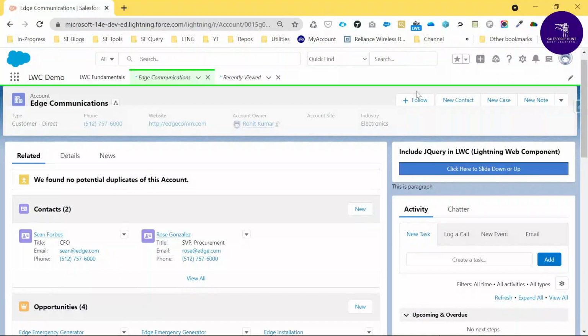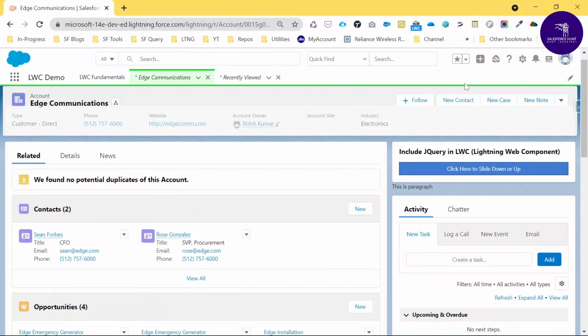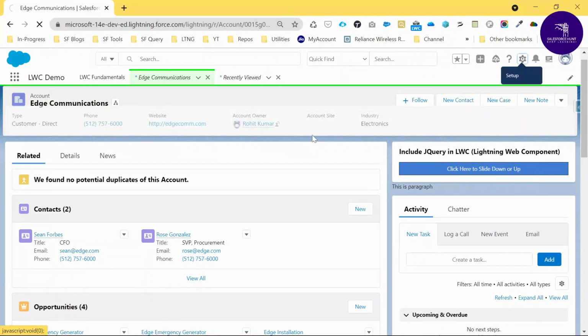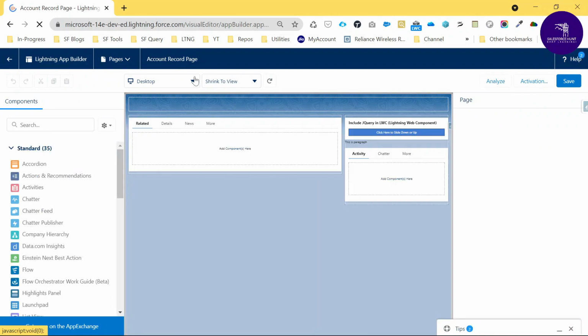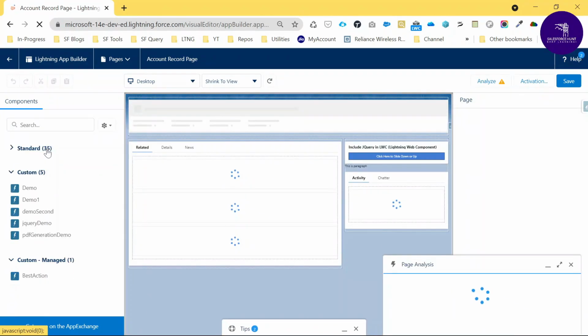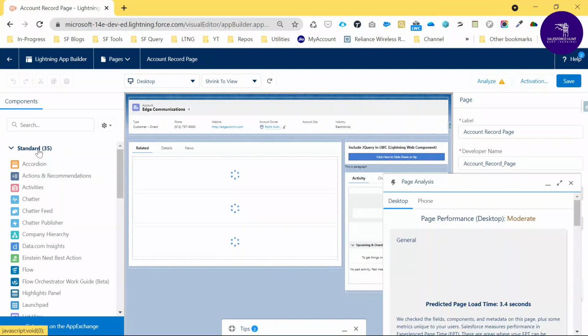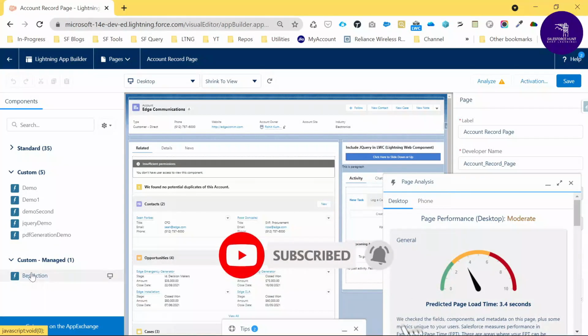Here you can see I just logged in to my org, and under the Lightning App Builder you can see this page. Once you edit this page, it opens in Lightning App Builder. So you can see this is the Lightning App Builder, an account record page, and under the components section you can see standard, custom and custom managed, right?